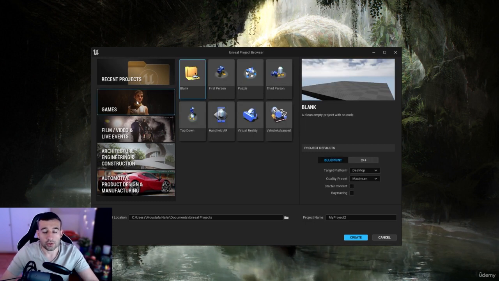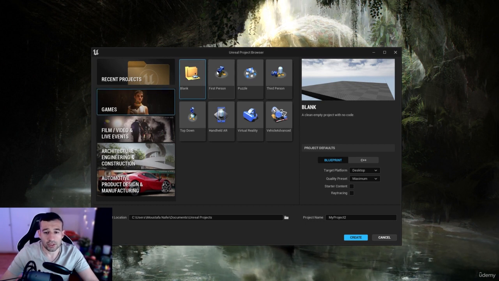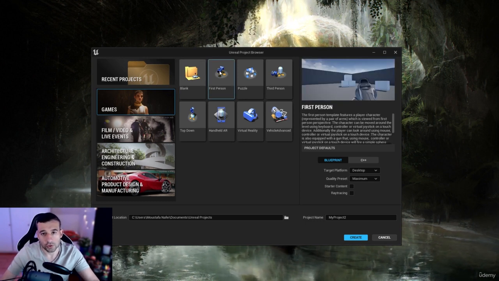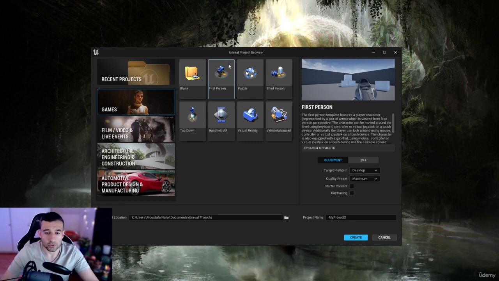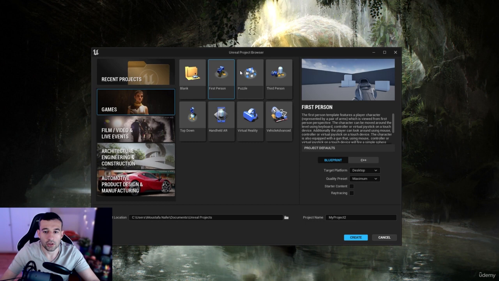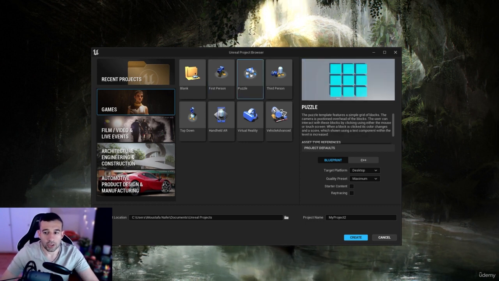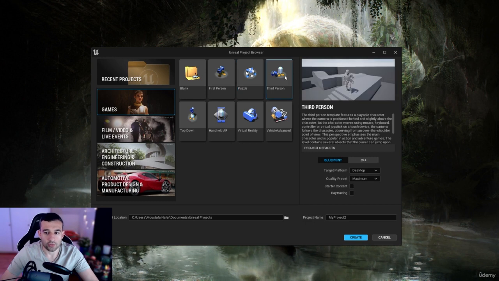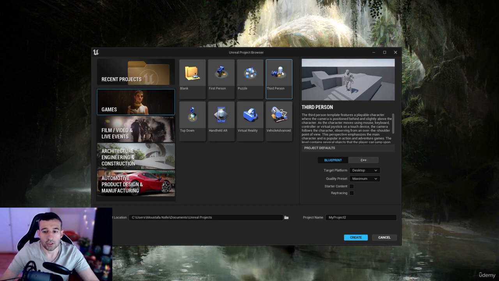So for this course, we are going to work with games. So clicking on the Games tab. Inside of here, you can select what template you want to work with for your project. For example, if you want to work on a first-person game, you can select a first-person template. So this will give you the starter things that you need for a first-person game. For example, it will give you that first-person view, the weapon, and so on. If you want to make a puzzle game, you can select this template. If you want to make a third-person game, for example, a survival RPG or whatever, you can select this third-person template. So it gives you some starter things that you can work with, the camera view, the